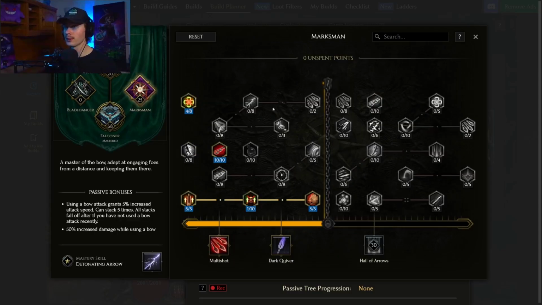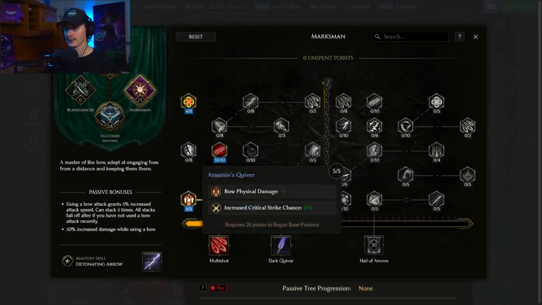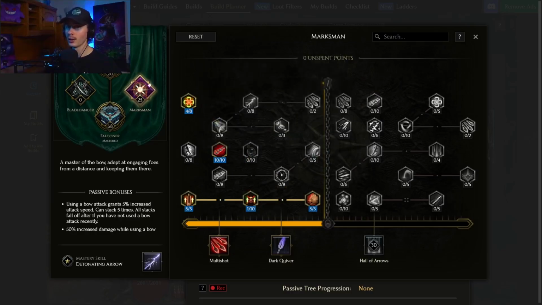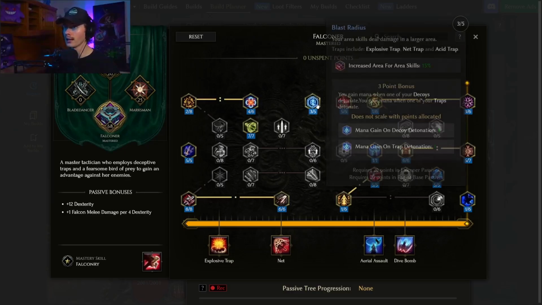I do have 25 points into Marksman right now, just because you get some crit avoidance, and some crit chance, bow physical, armor shred, and also some health and more attack speed. Don't focus on this right now. That'll be at the very end. Just focus straight into Falconer, because the thing you're going to want to beeline as quick as you can is Blast Radius. This is what it's going to allow us to drop our generator and move on over to net,